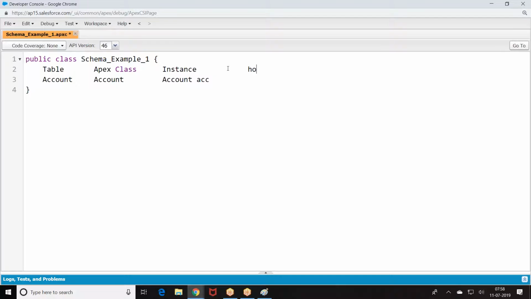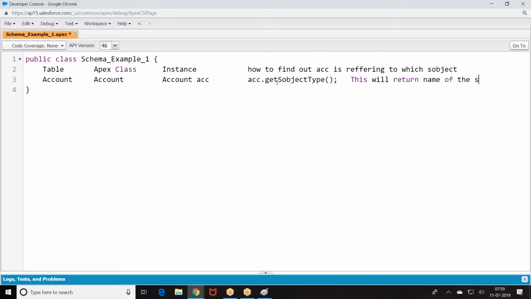How do we find out which SObject acc is referring to? Based on the instance of the variable, I want to tell which SObject it is referring to. We say acc.getSObjectType. When I say acc.getSObjectType, this will return the name of the SObject it is referring to.